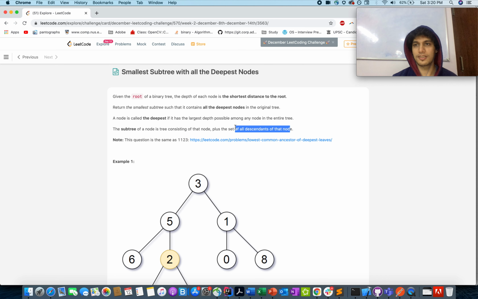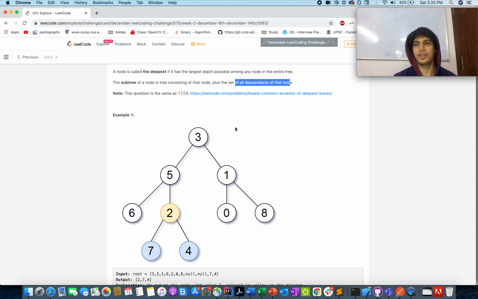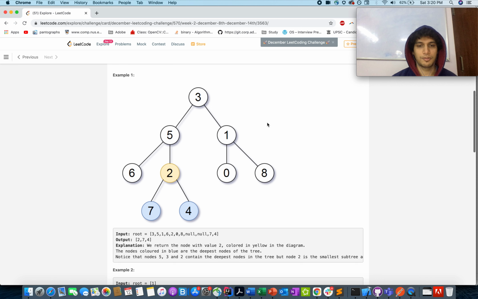This question is difficult to digest when you read it upfront. I would suggest reading the lowest common ancestor question first and then coming back here, and then you can see that these two are exactly similar in nature. Let's skip the examples for now. I'll walk through the slideshow that I've created so that you understand the question better.